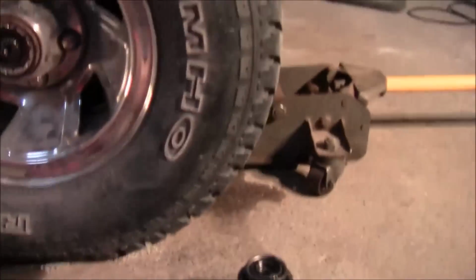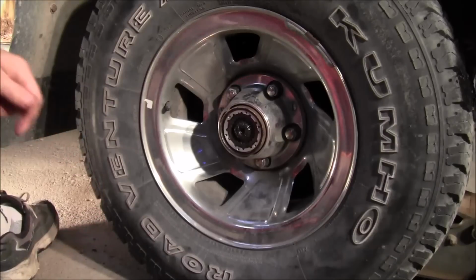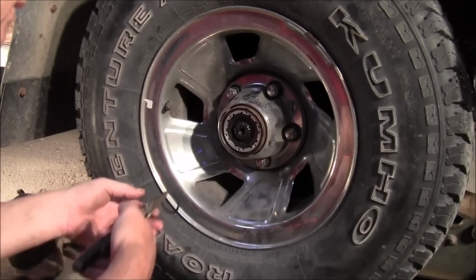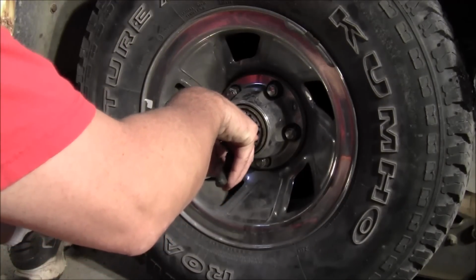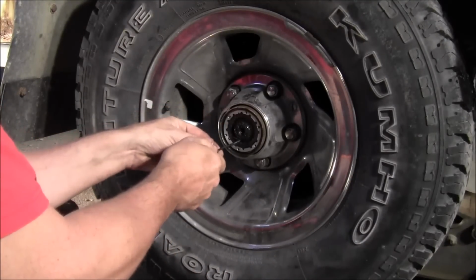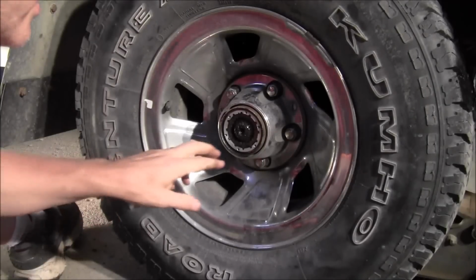So I'm going to put you back up on the tripod here. And I'm going to get that snap ring in there. Where'd my snap ring pliers go? There. So, let's get that on there. Like so. Actually feels like there should be two snap rings in there to me, but. And then